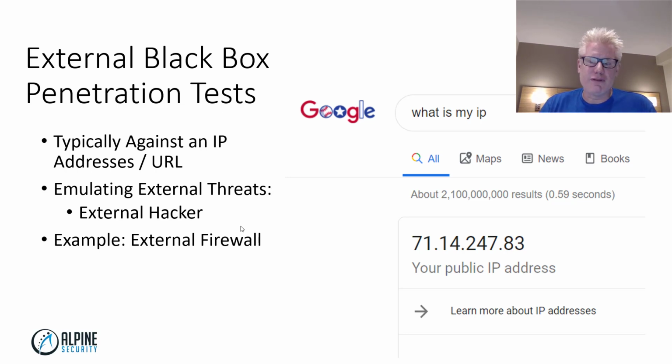So as an example, if you type in, from the internal network, what is my IP in Google, you can figure out what your public-facing IP address is. And this is something we would want to test, because if your public-facing IP address, which is often your external router or firewall, has a hole in it, then the attacker may be able to exploit that hole and get access to your internal environment. So here on the picture we have what is my IP, and we have